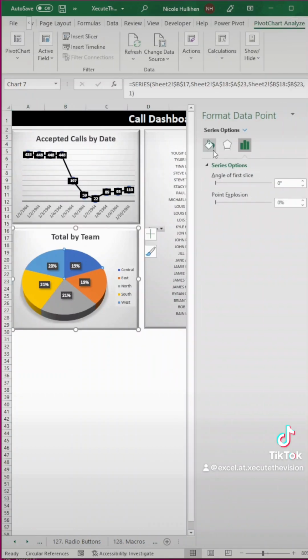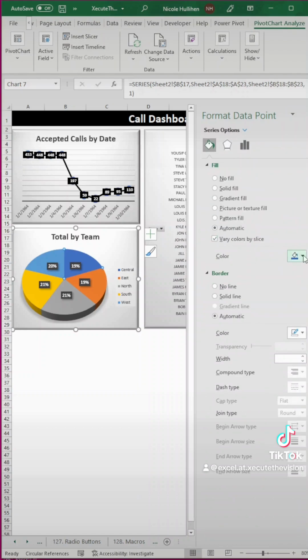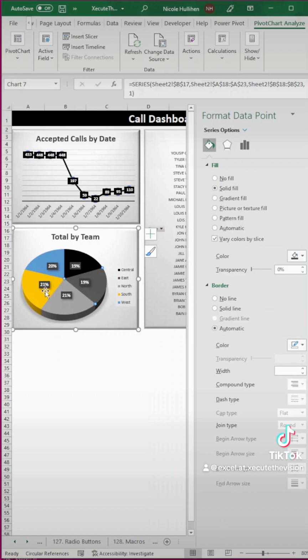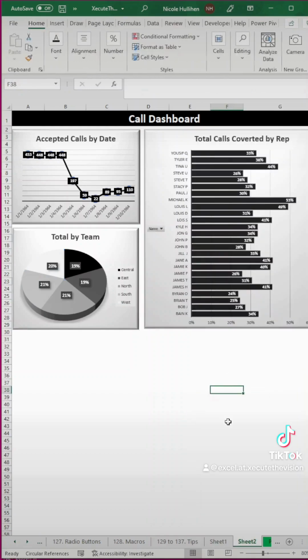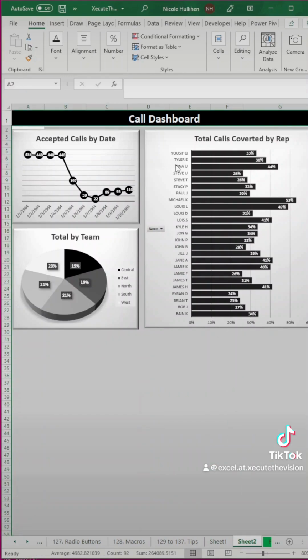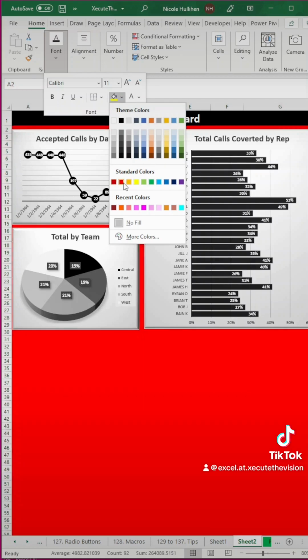If you wanted to change the color on the pie chart, you can just click on each selection of the pie and go up to that paint bucket and change the different colors. We're just going to keep going with the different shades of gray and then close out of that. Now, one last step you could do is you can click in the background and drag all the way down and over, and you can change the background to any color that would make sense for you. We'll just